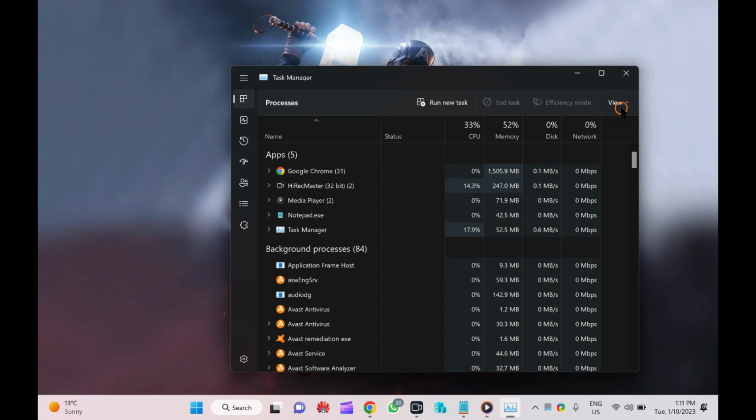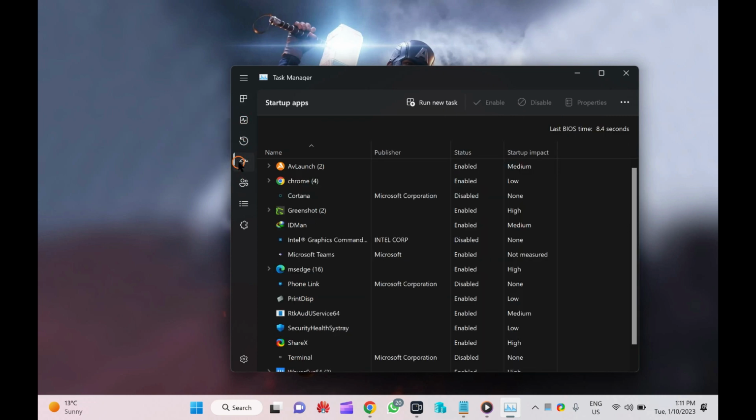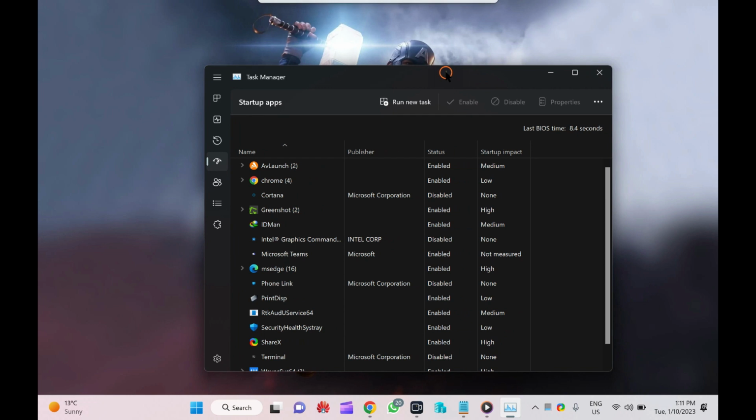Once Task Manager opens, go to the Startup tab. Here you need to find out which services are not required by you always, and you can disable them, such as IDM. I don't need it every time I open my PC, so I will disable it.